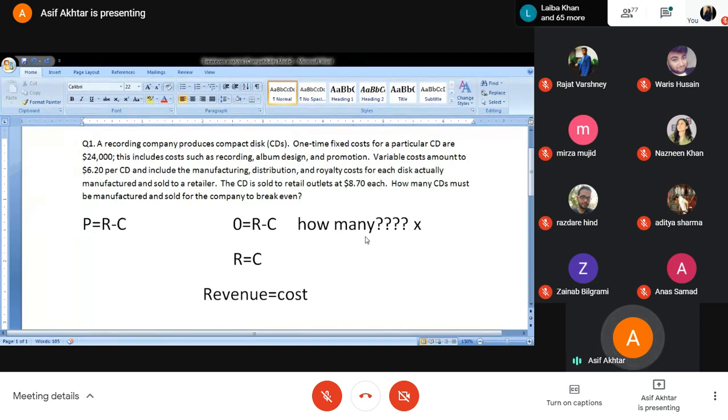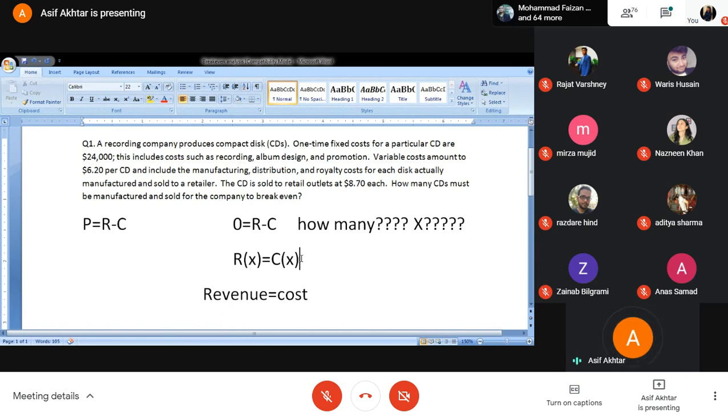Now, in order to find out this x value, we have to first of all form the revenue function and the cost function. I would complete this revenue function, and vis-a-vis to what? Cost function. And then we have to do this. So we have to find out this revenue function and cost function.